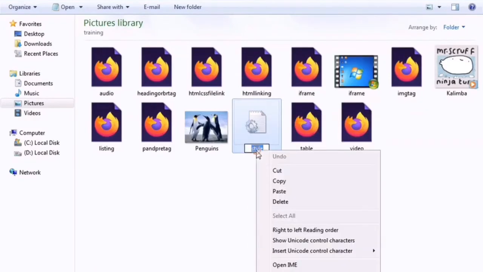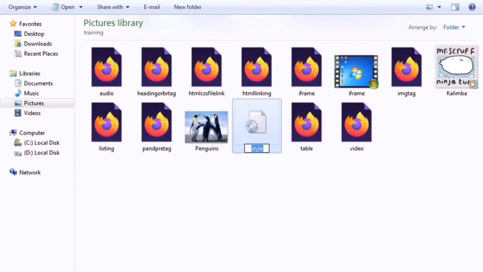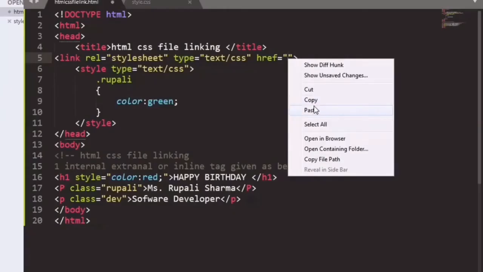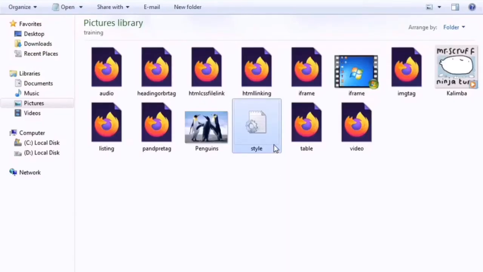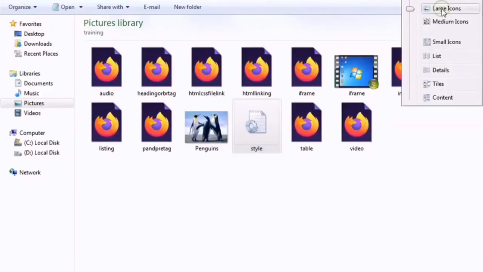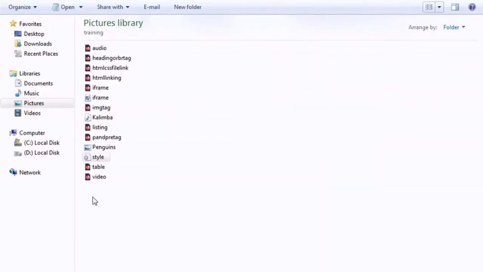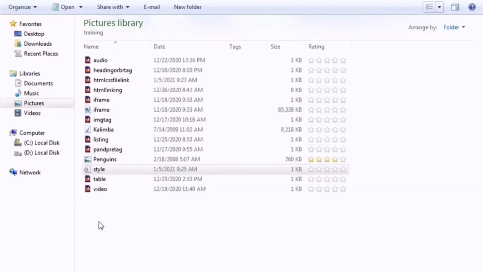Suppose we will rename and copy this file from here, and we will paste the file here. That is saved with the extension .css. And now the file has been saved. And now we will open this file.